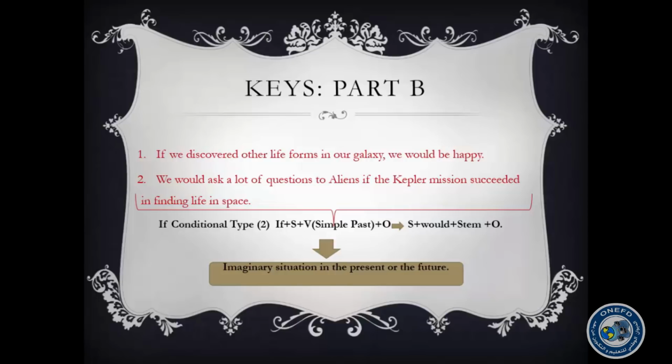So the event of discovering other life forms in our galaxy may not happen, for example, this year, or next year, or in the next 20 years, but maybe in the next million years they would find other life forms. So there is a possibility that it's going to happen, even though it is very, very small. Okay? Yes. So let's move on to the